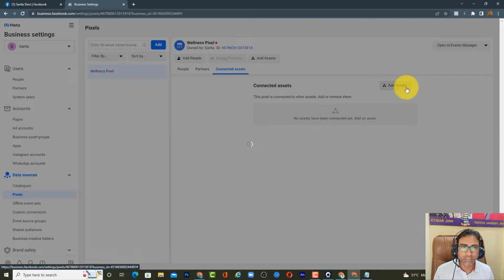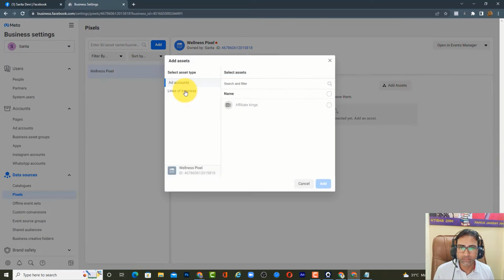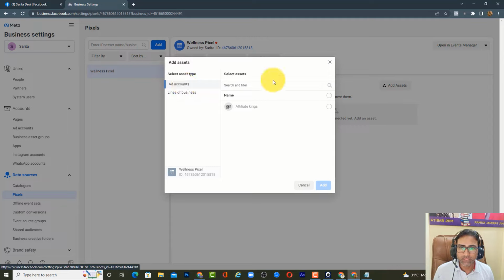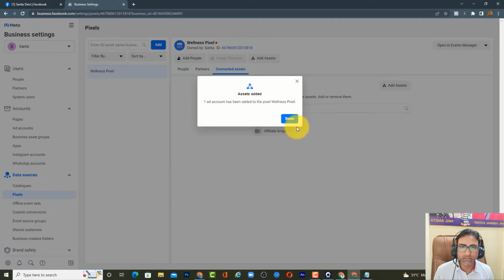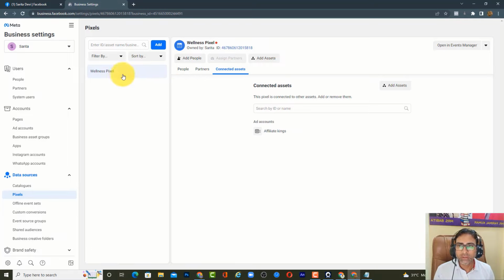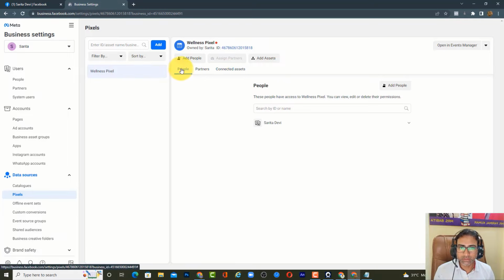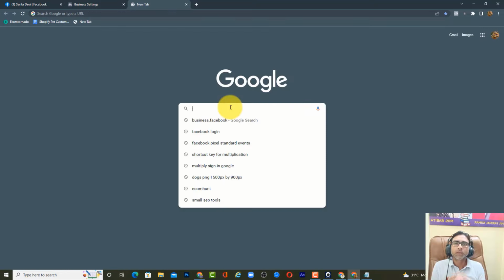And second, you'll have to connect assets. So like add account, so I just have one ad account. I'll connect this ad account. So to this pixel I have connected this person, so he is going to manage this pixel and this ad account that we created. Okay, now before adding that pixel code, I just want to explain you what are the